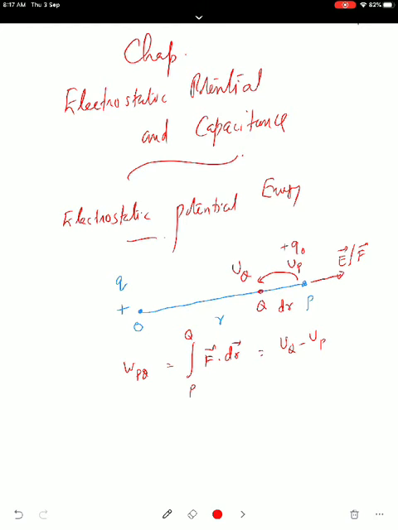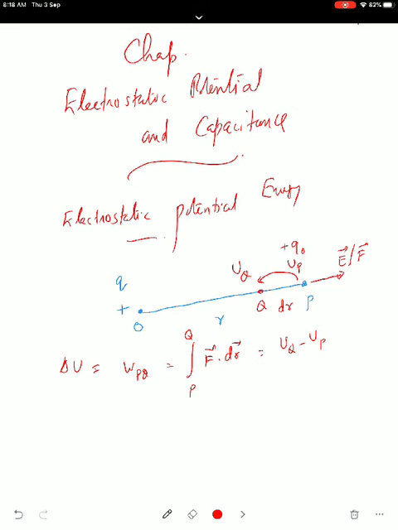So work done in moving any charge from one point to another point, that will be recorded as what? The change in potential energy. I write this equation delta U. Potential energy change, work has to be done. So every point there is a potential energy, and from one point to another point, when you take, you will get potential energy difference. This is called electrostatic potential energy difference.